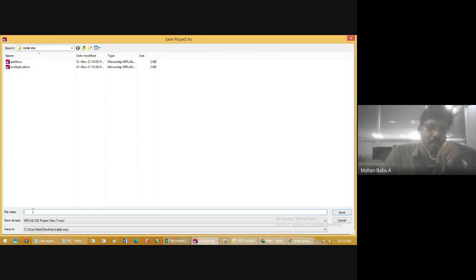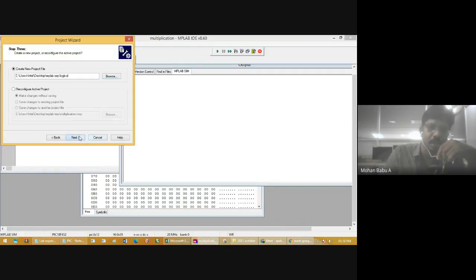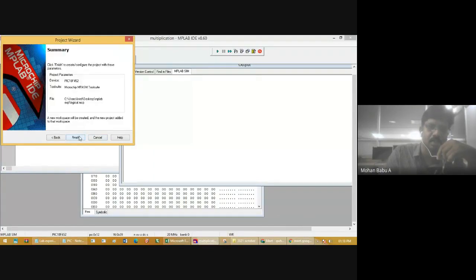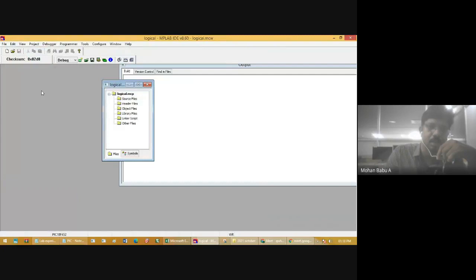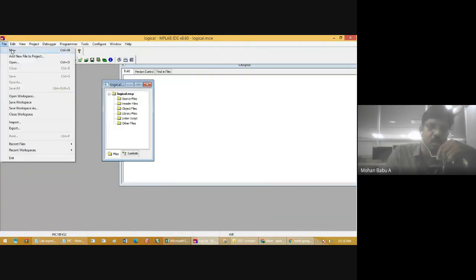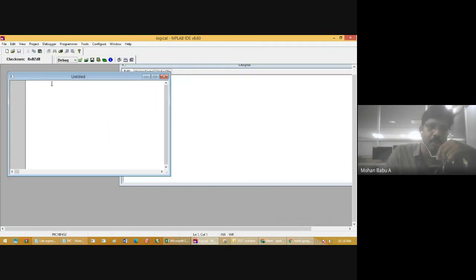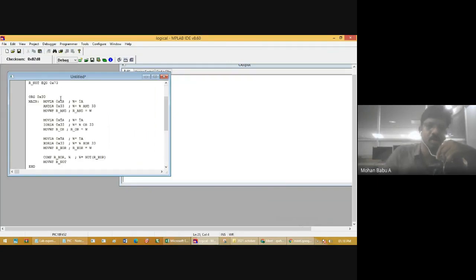In that, I gave the name Logical, which is the name I am giving this program. Then click Save. Then click Next, Next, Finish. And second step is to go to File, choose New. In the empty window, paste the program code.